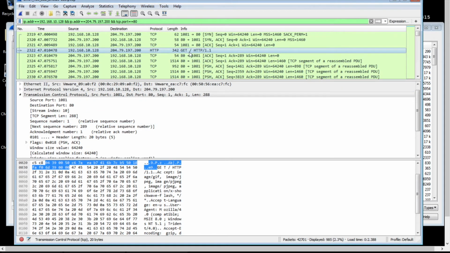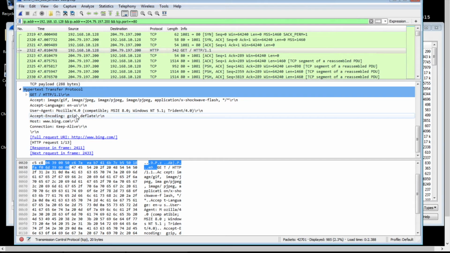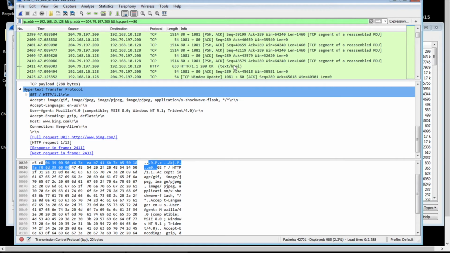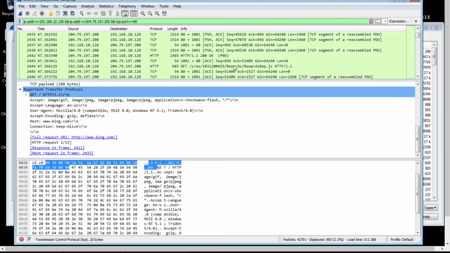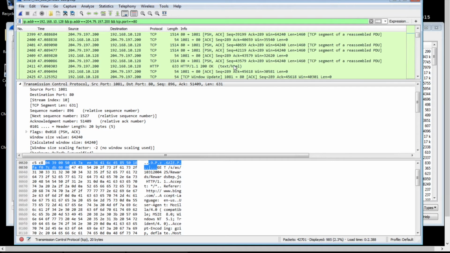So looking at it, it just says GET /, meaning it's just getting the home page of whatever this is. Looking down at the HTTP portion, we can see that it has a host header, and the host header says it's bing.com. So this is just regular web traffic to Bing, which is, of course, a search engine run by Microsoft. Unlikely to be anything